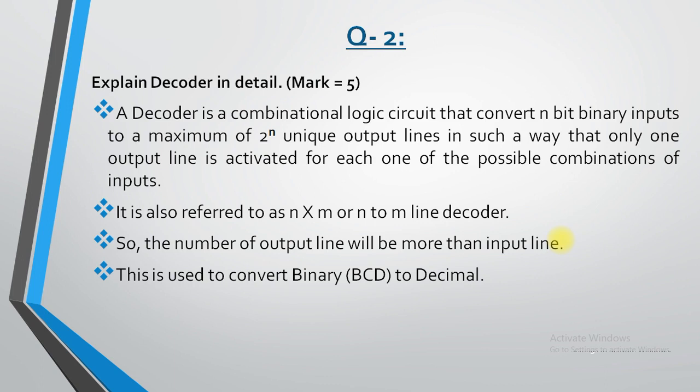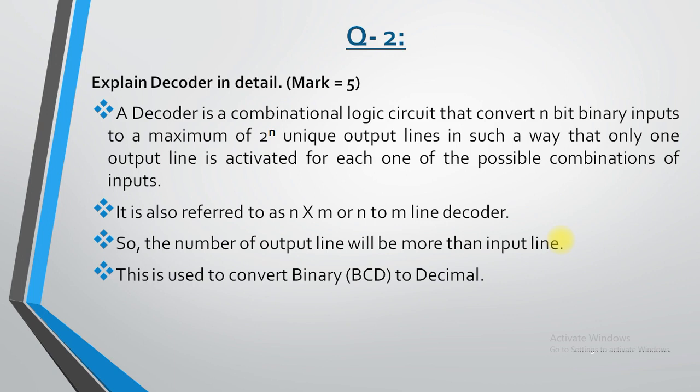A decoder is also used to convert binary data into decimal, so it is known as binary to decimal. A twisted question can be asked in the exam also, such as explain BCD, that means binary to decimal. In that case also you need to write the same answer, because a decoder is also known as the conversion of binary to decimal. Now let me read out the 4 points from the slide.